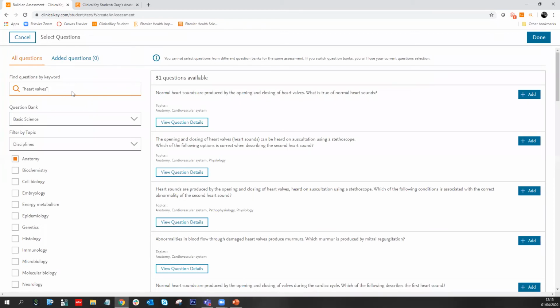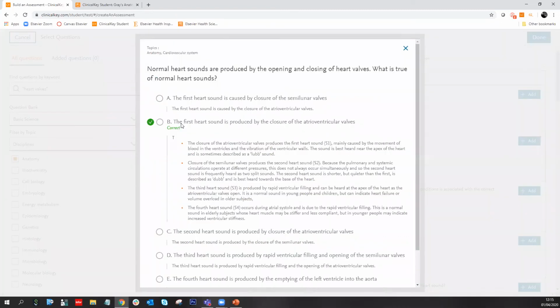So now I actually want to have a look at the questions to see how good they are and whether or not they fit with what I've been teaching. So I like the look of this first question. So let's have a look at it in more detail. To do that, I just hit View Question Details. And what we see